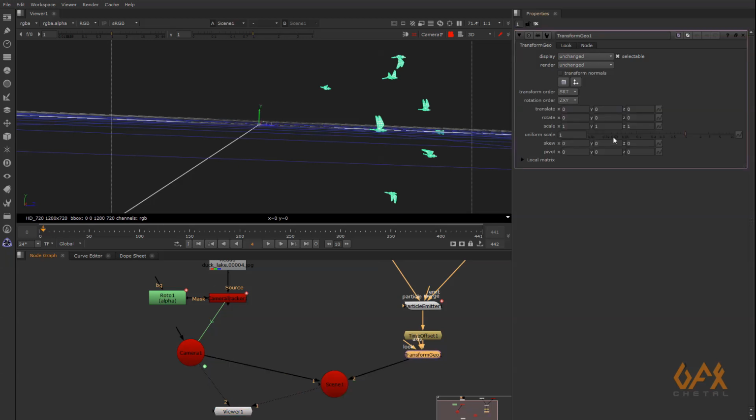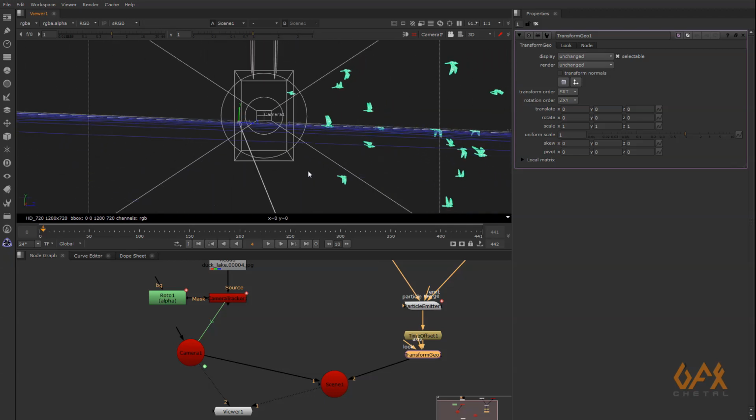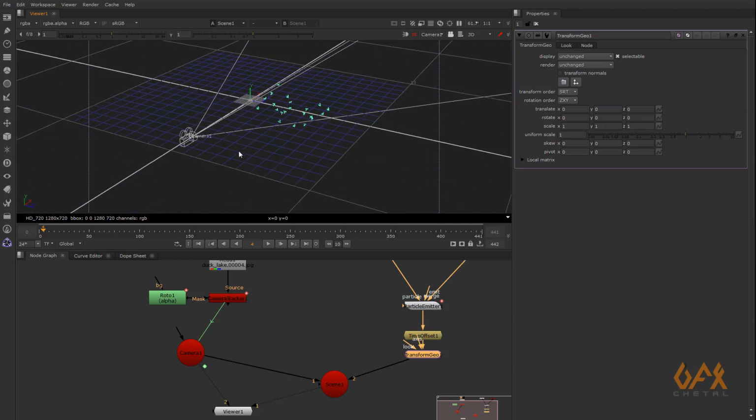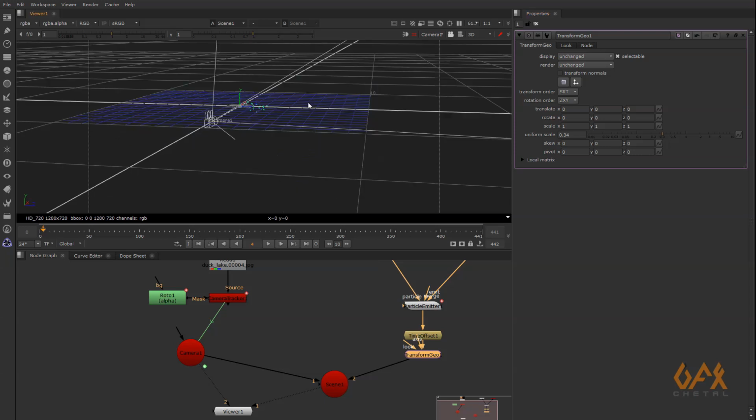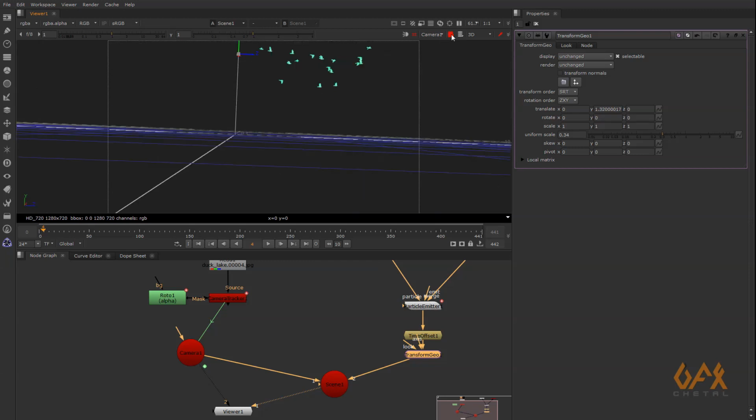I just need to come over here, select this flock, just reduce the size, move a little bit up, just look through this camera and adjust the thing.